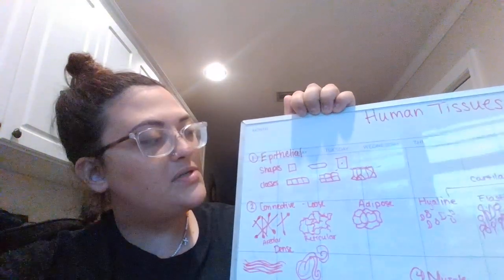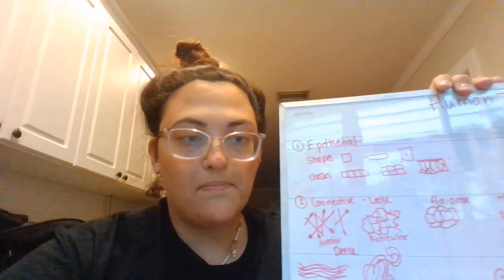Another function they do is filter substances that are leaving the blood. Urinary waste is filtered through the epithelia of the kidneys. It also has nerve endings, which give a sensation and even stimulate it, so it senses touch on the skin, or even irritation in the stomach. There are a few different things that I wanted to show you about